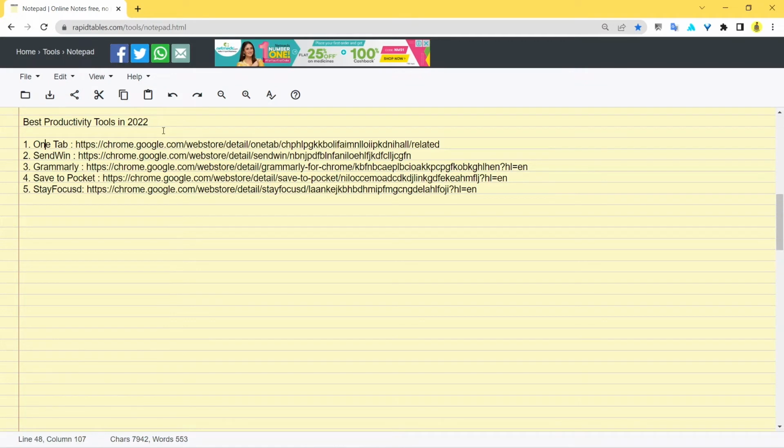So guys, in today's video we're going to talk about the best productivity tools out there in 2022. I have prepared a list of 5 Chrome extensions that you can install, and definitely this is going to help you to improve your productivity, and this I can guarantee. So let's start the video and let me show you the first extension that I have kept in my list,